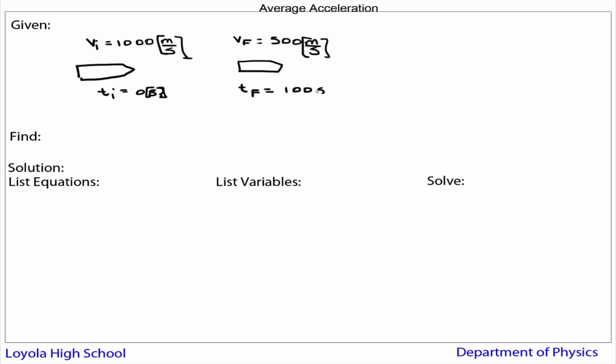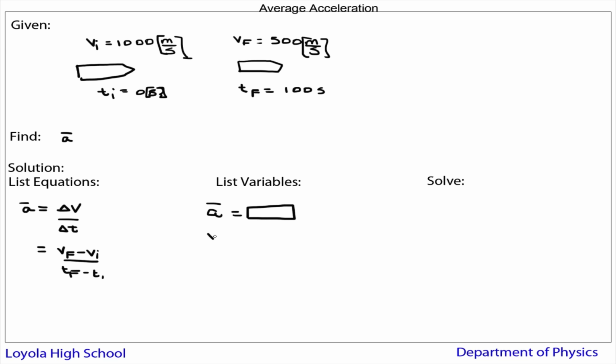seconds. So we're going to find the average acceleration, a bar, and a bar again is equal to, so I want to see on the homework, the change in velocity over the change in time, which breaks down to specifically the final velocity minus the initial velocity over the final time minus the initial time. So for the variables, average acceleration, we don't know,